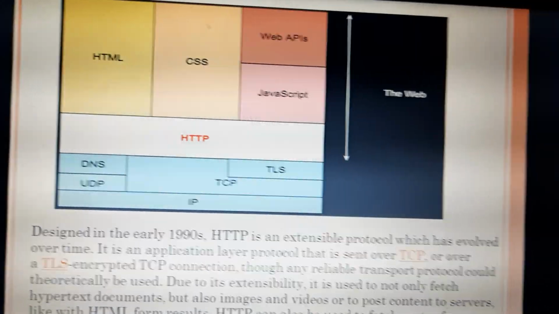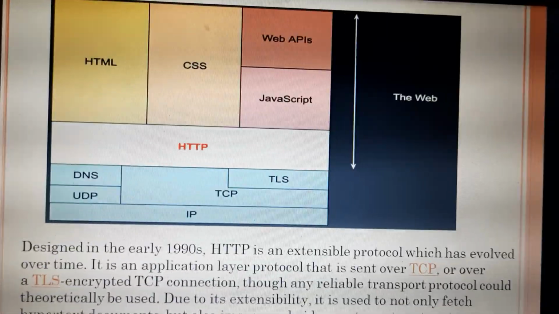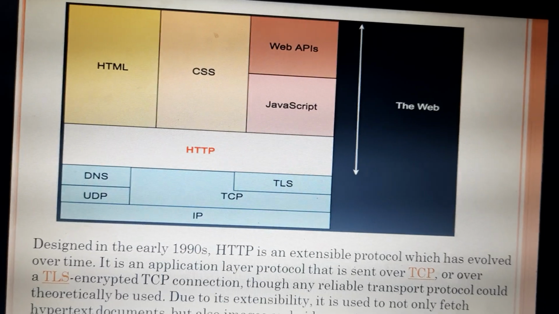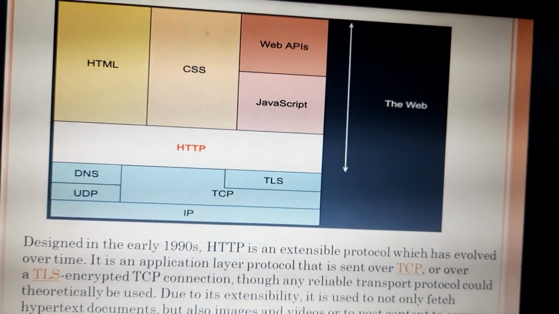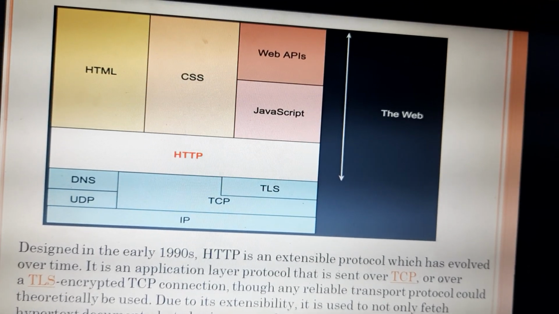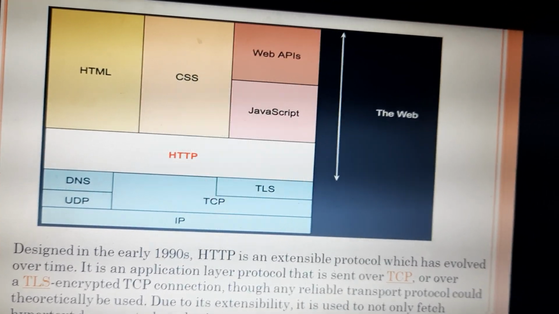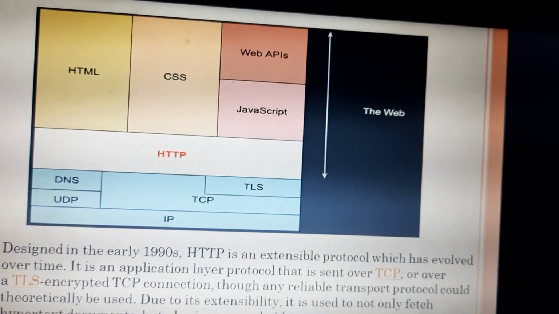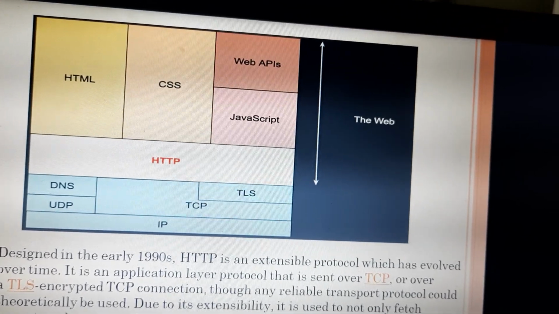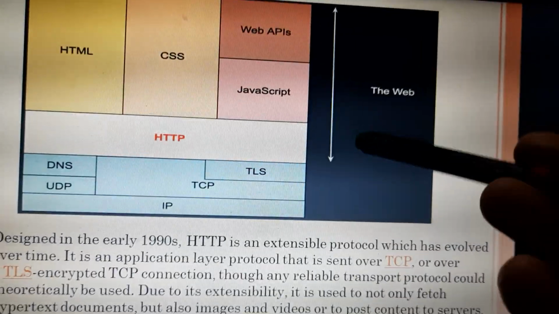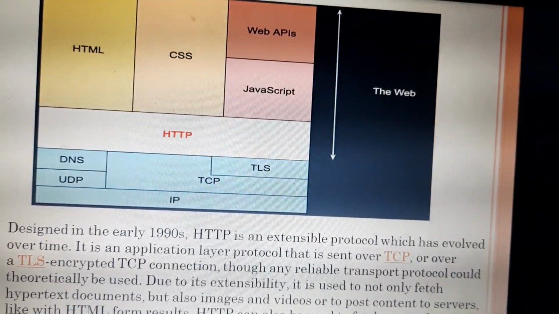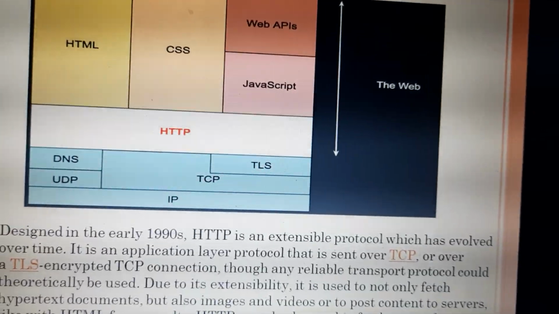And we use DNS, domain name system. It is a hierarchical and decentralized naming system for the computers or the services or other resources connected to the internet, by which we are able to access whatever resource we want.